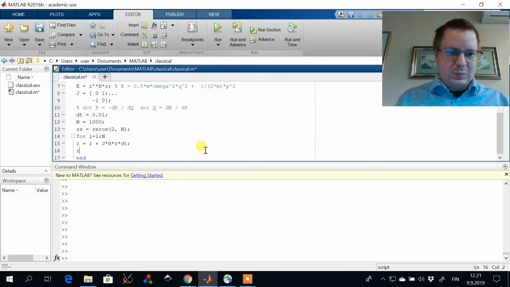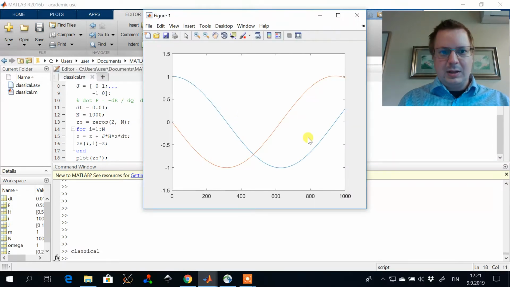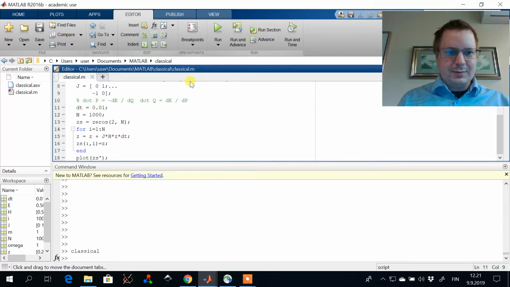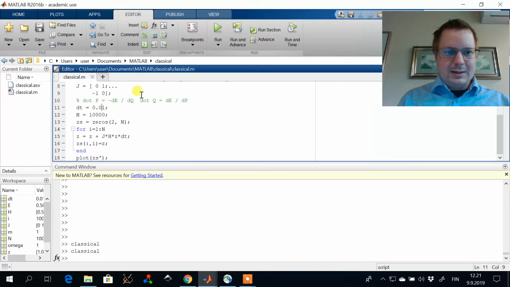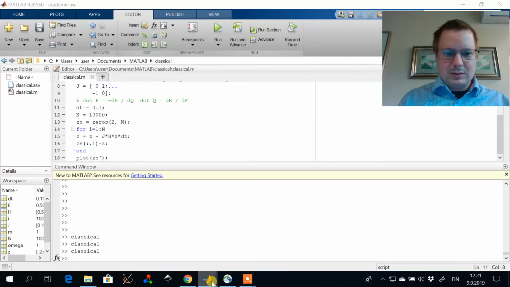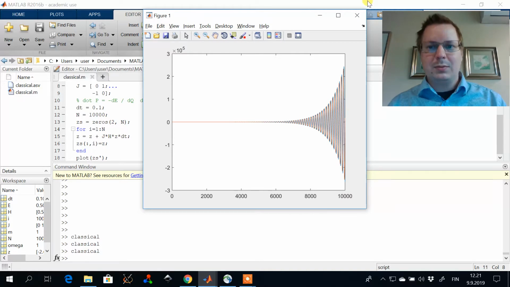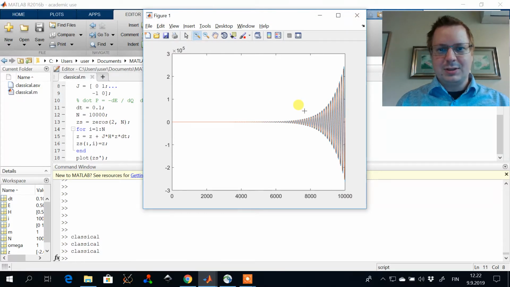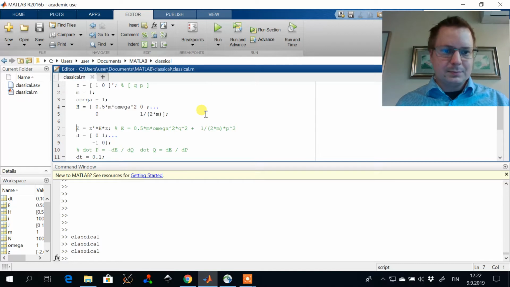and so let's see what it looks like now. We see some solution to harmonic oscillator. Let's solve it a little bit longer, and let's increase the time step, and we can see that this propagator is not stable. So the oscillation of the harmonic oscillator will be getting out of hand,